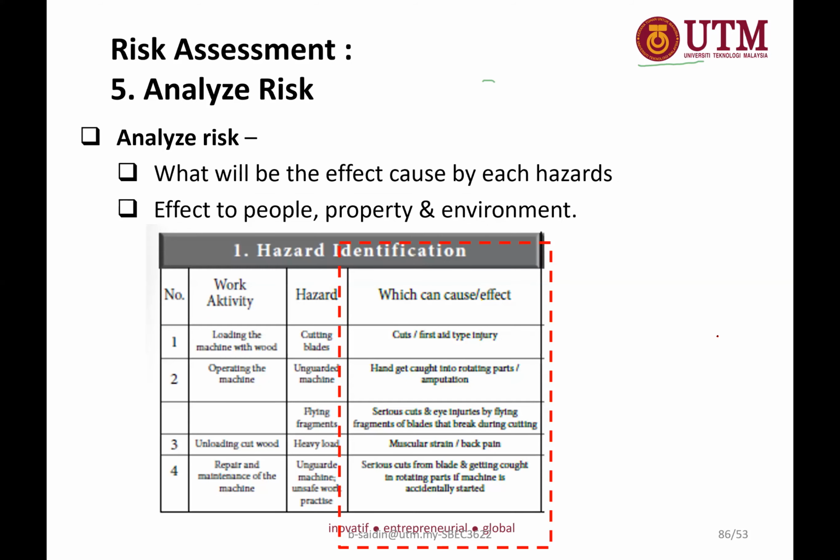You see, once you list out all the activities, you can write down what could be the potential hazard, which can cause what. This is just an example. You can simply Google. After this, you can Google construction risk assessment. Okay, construction risk assessment. There are a lot of sample hierarchy forms that people have come out with. So you can take a look at those. I have seen a few. Just simply Google construction risk assessment.